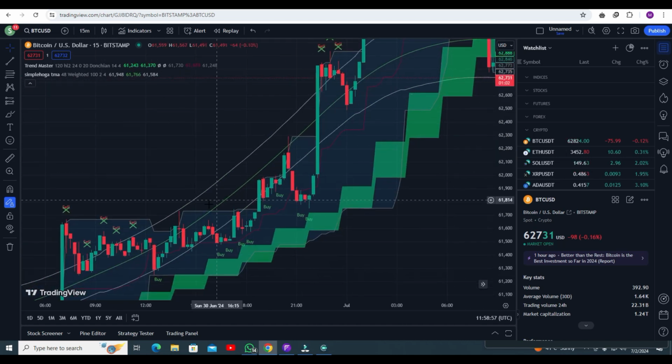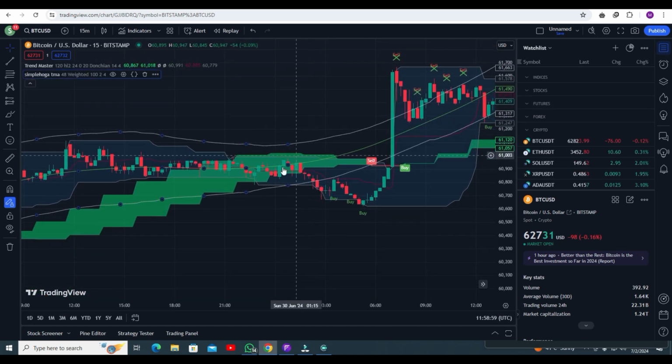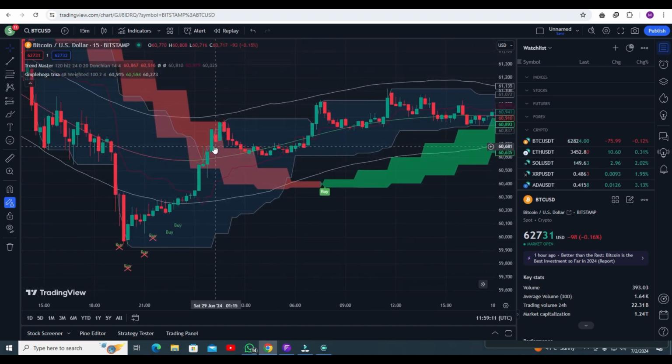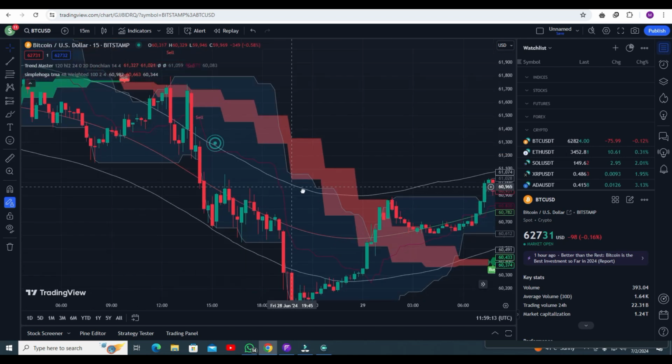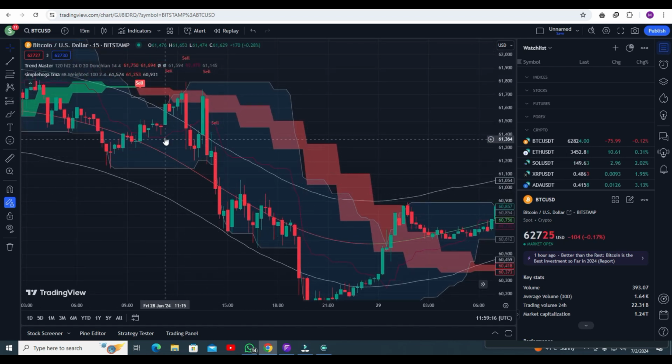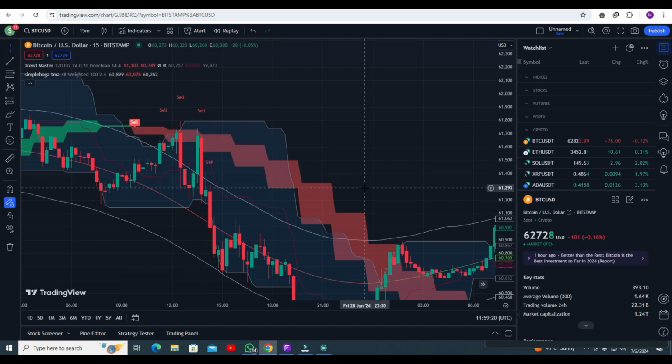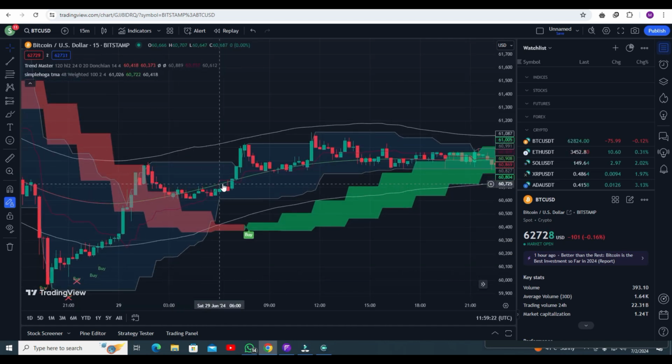Like here, the trend master is trying to come upside from the middle line, so you do not need to go for the buy trade. Just make sure that when the trend master is upside from the middle line, you have to follow the sell signal. When the trend master is below the middle line, you have to follow the buy signal.